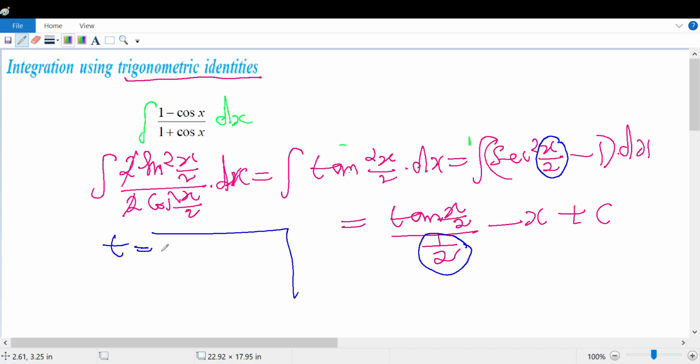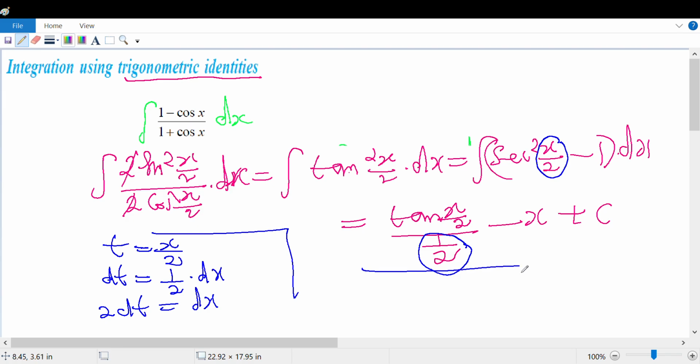So t is equal to x by 2, and differentiating, dt is 1 by 2 dx. We want dx, so dx will be 2 dt. Afterwards, if you integrate this integrand, the integral of sec square t, with dx being 2 dt,